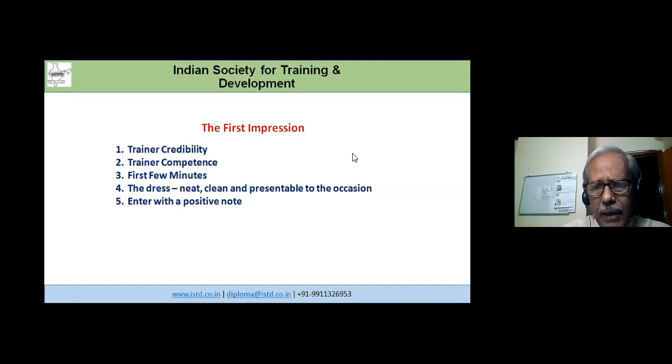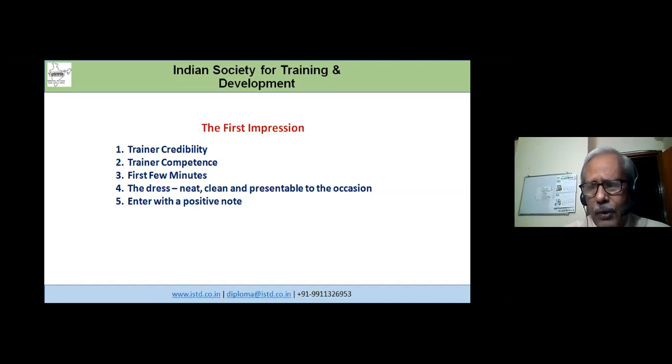The occasion is a very important thing, you must understand. Because in a training process, what is very important is that the trainer should be able to come to the level of the trainees. The trainer should not have any difference with the trainees, and the trainees must not feel that the trainer is something different from us, right? So what kind of dress a trainer should wear at the time of delivering the training will depend upon the kind of participants there. If you're talking to executives, senior level people who are very well dressed, you can wear a suit and tie, that doesn't matter.